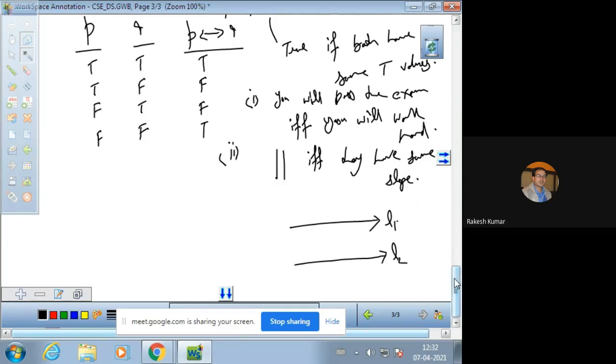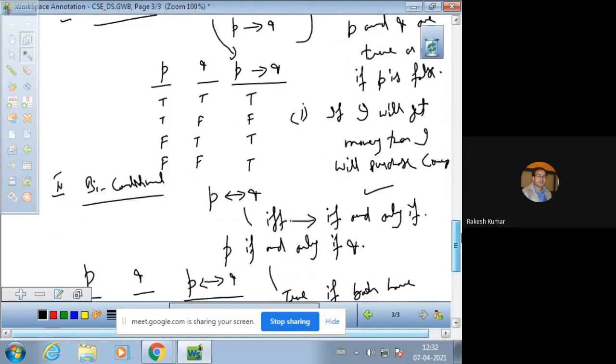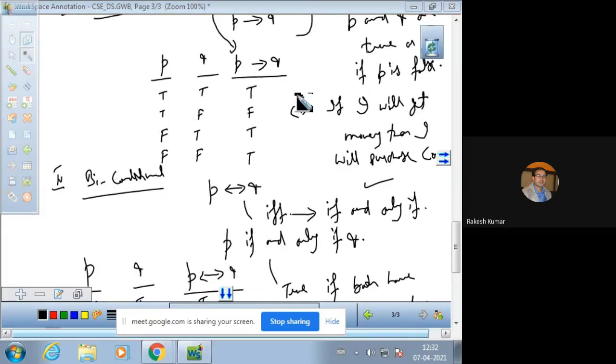जो कंडीशनल है उसको भी आप अलग पॉइंट ऑफ व्यू से एक और एग्जांपल दे सकते हैं. जैसे आपने ये एग्जांपल लिया, इफ आई विल गेट मनी आई विल परचेज कंप्यूटर. द सेकंड एग्जांपल वी कैन आल्सो टेक विद द हेल्प ऑफ मैथमेटिक्स. If a is equal to b and b is equal to c, then a is equal to c. This is a transitive law of mathematics. It is clear. If a equal to b and b equal to c, if this holds, then this must hold. So if then statement is justified here.